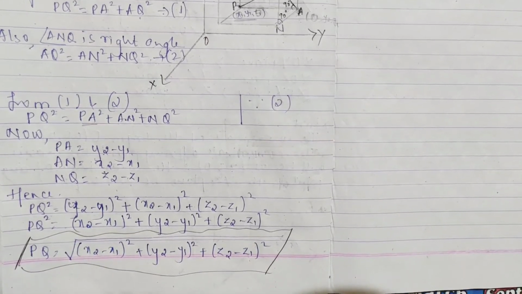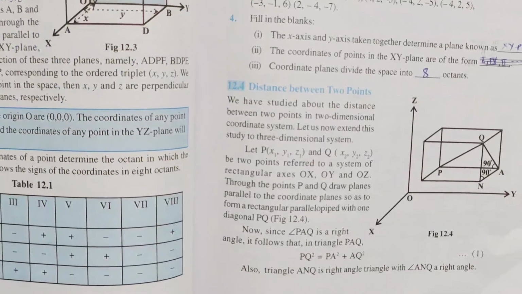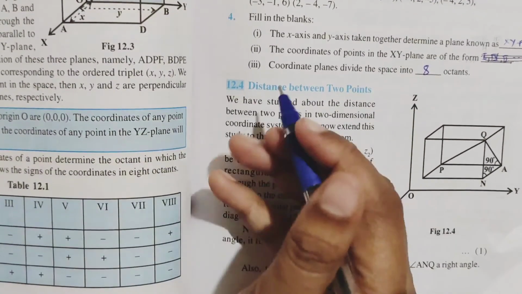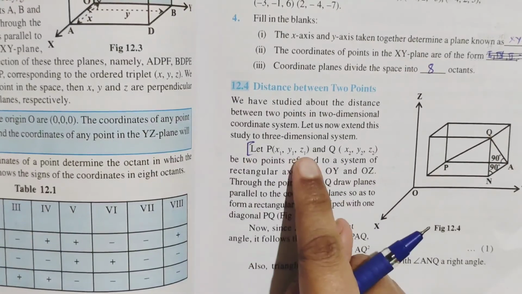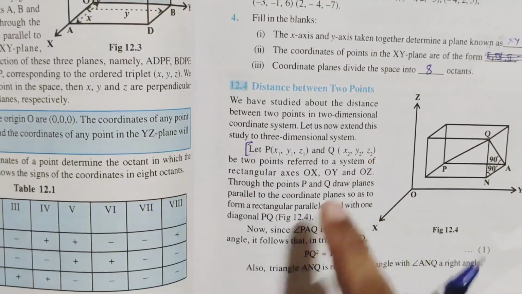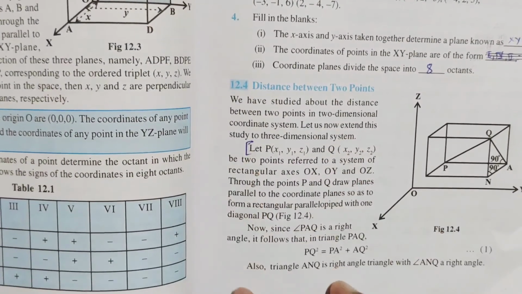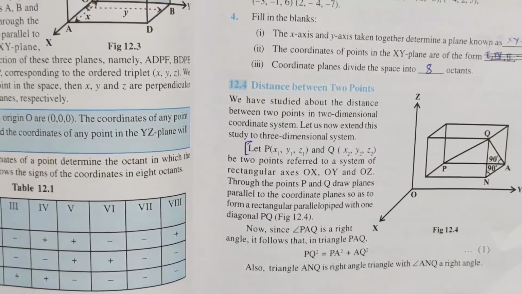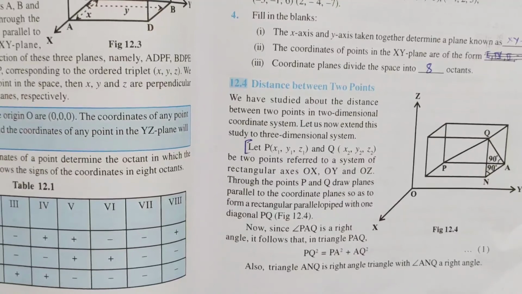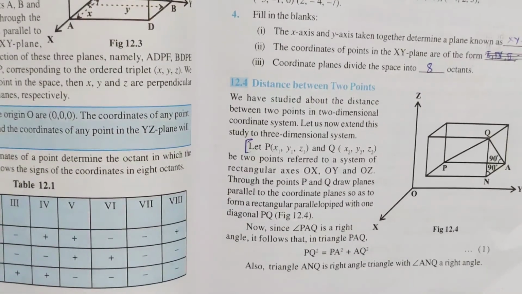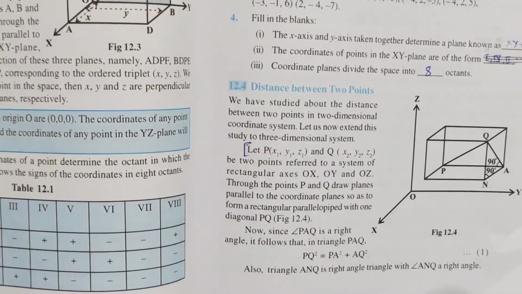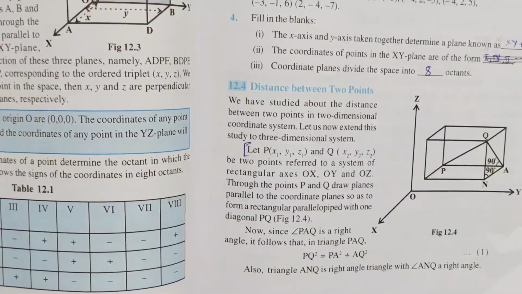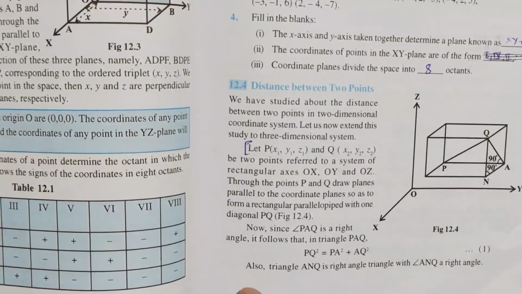I hope this is clear for you. So what I have explained you, in the same way, take this diagram, start writing from here, let P be x1, y1, z1 and Q be x2, y2, z2. Write everything, whatever I have said. Just write it down in your notes. And if you want to see the calculation method, you can refer to mine, because I have just explained it in words. Copy this.